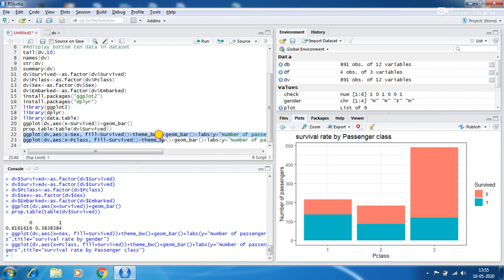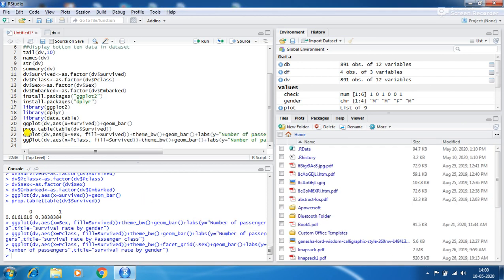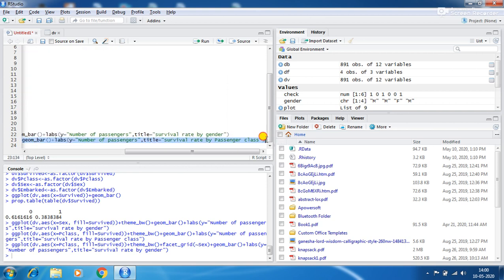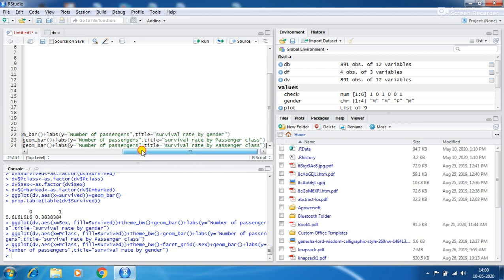Now we plot the graph of sex and Pclass versus survived. To plot a graph we have to take ggplot.